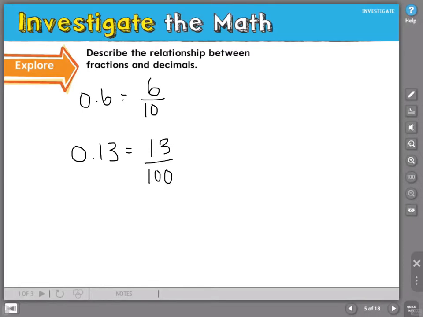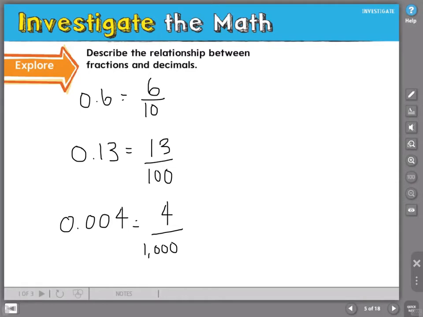We also know that 0.004 could be written as 4/1000. One thing we have to be aware of is that sometimes when we write our fractions, we may find